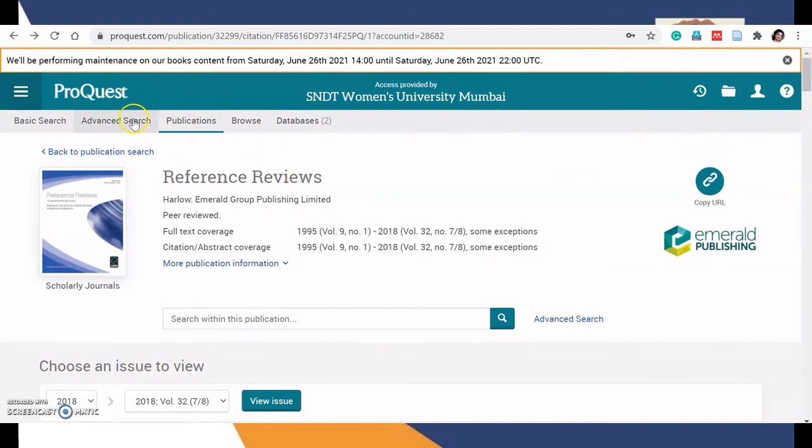In this way you can use these different types of filters, and by clicking on publications and the different filters on the left side, you can search different types of journals in various subjects. One can just select and go via publications to read their preferred journal and the articles.